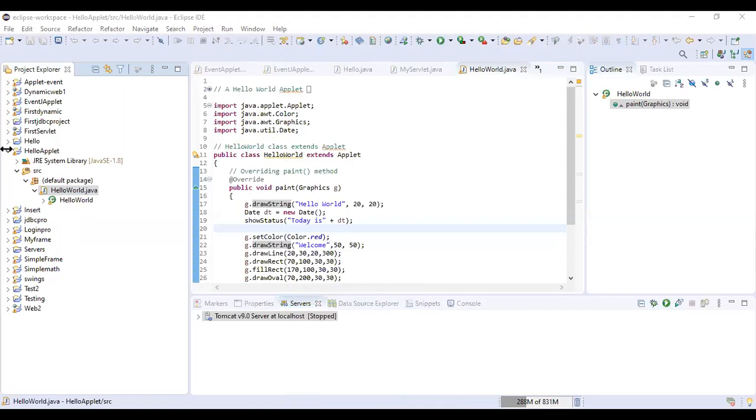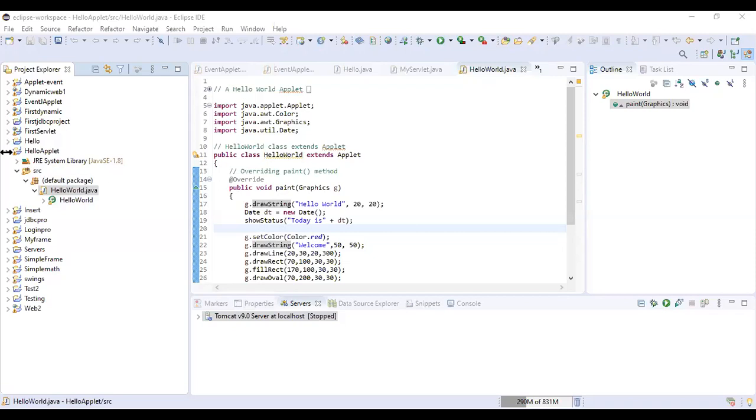Right now, when the applet is created, the init method is invoked only one time. By default the init method has been invoked, then the start method is invoked. Now, the paint method is also invoked, and the paint method has printed this Hello World, and printed this Welcome in red color. Similarly, the rectangle, the filled rectangle, then in blue color there is a circle, and all other elements whatever I have written over here. Similarly, check it out, the date. This showStatus has displayed the date in the status bar. So today is Tuesday, April 21, and the current time.